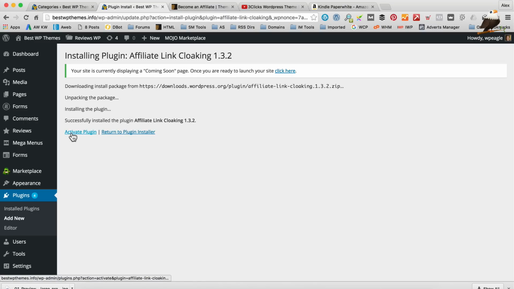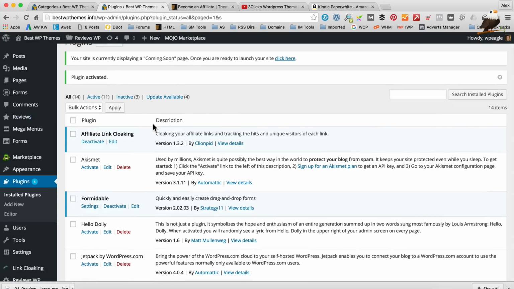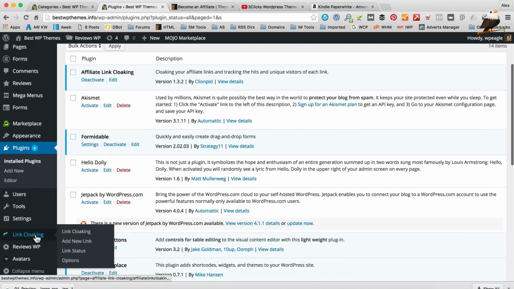So I'm just clicking install now, that's installed. And it also tracks the number of clicks and stuff you're getting on your affiliate links, so that's kind of handy, kind of cool too. So that's installed and activated, and then if we go down here, we've got this new option called link cloaking, and if I go to add new link,